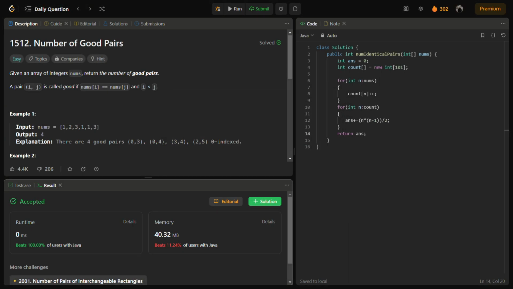So this was my solution. Let me just explain once what the solution is again. So we have initialized the variable to store the answer, the number of good pairs. Then next we have created a count array of size 101, since the constraint specifies that the nums of i can be between 1 to 100, and this array will be used to count the occurrences of each